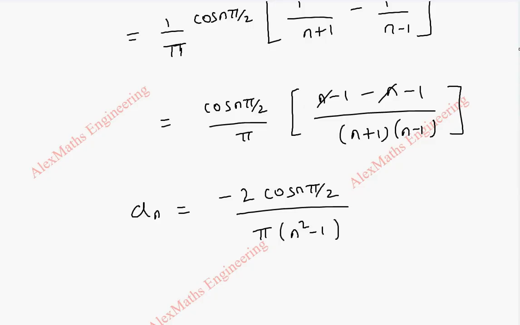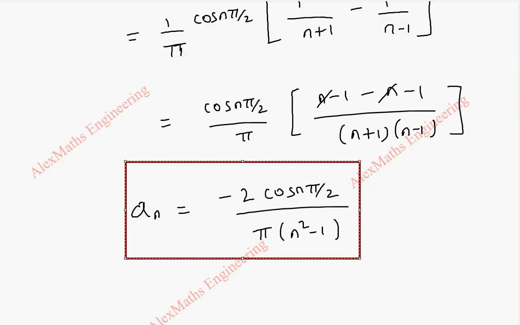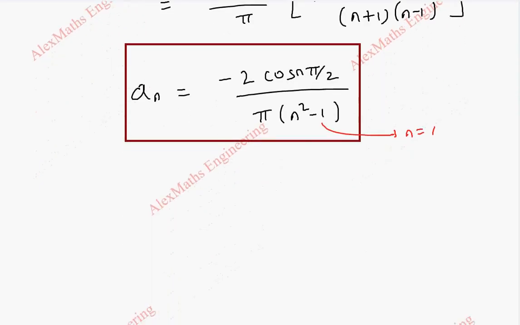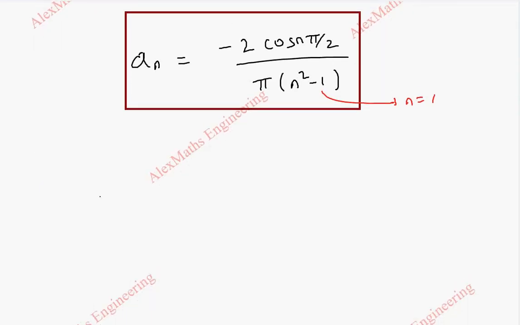This is our an. But this an does not exist when n is 1, because there is a term n square minus 1. So if n is 1 here, then what happens? Denominator will become 0. So we have to find a1 separately. So a1 equal to 2 by pi integral 0 to pi f of x into cos nx, but n is 1, so cos x